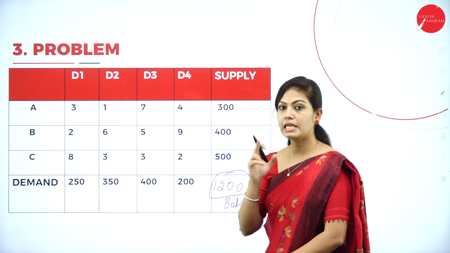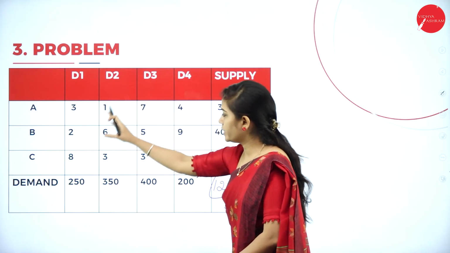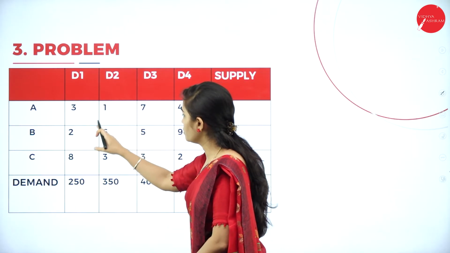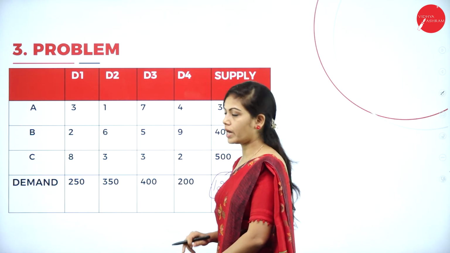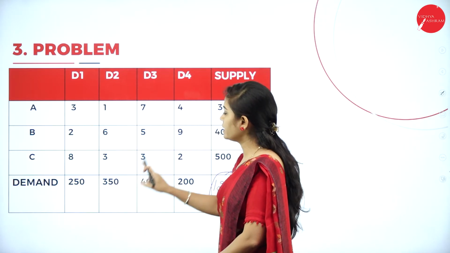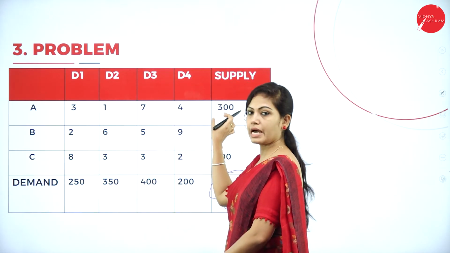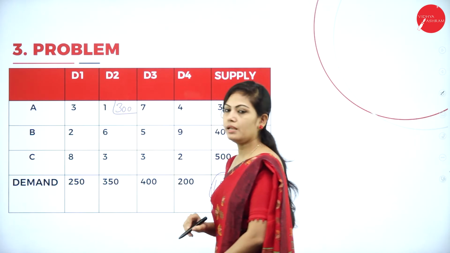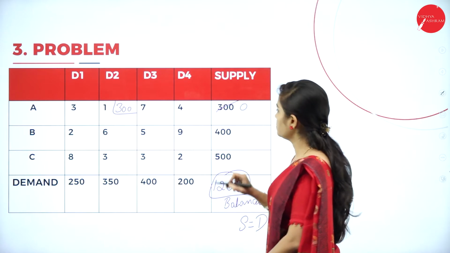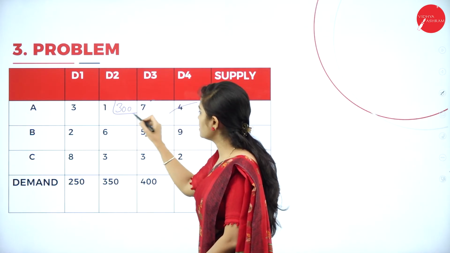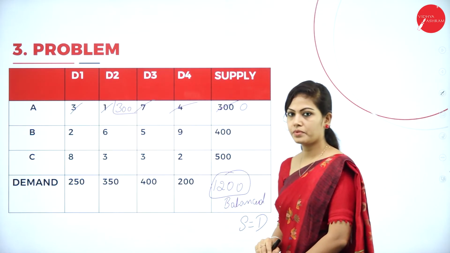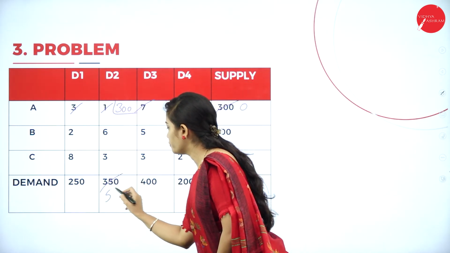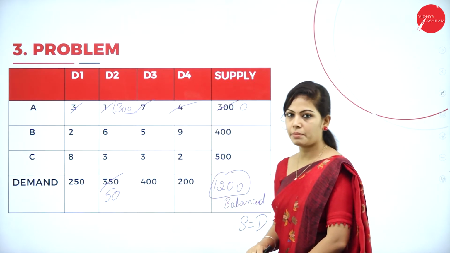What is the next step? You have to select the least value. So, out of these, just select the least value. Here, the least value is 1. I will consider this supply and demand value. Supply value is lesser than demand value. I will allocate 300 rupees to this cell. So, it will become 0 and I can cancel this entire row. 350 minus 300 is 50. So we have 50 rupees in demand.